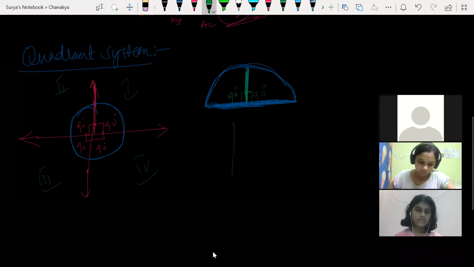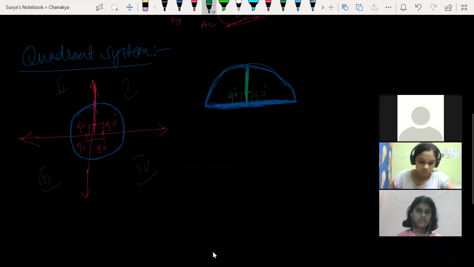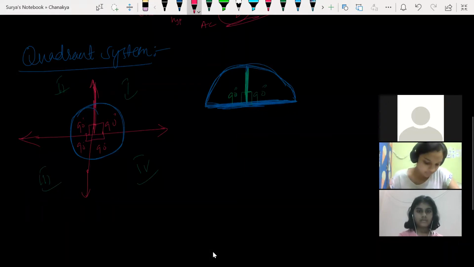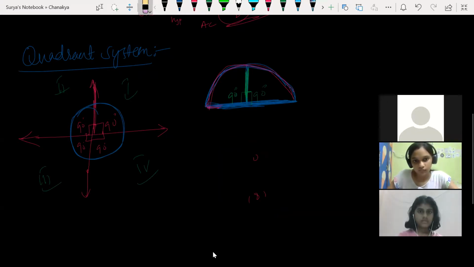If I have this one, what is this one? If I make a circle with that, that is a compass. This is a protractor. Who told you this is a compass? In a protractor, half of it is going to give me what? 90 degrees. Now look at this, this is a circle. Half of this circle is what? Semicircle. 180, 180. Clear? Yes or no?